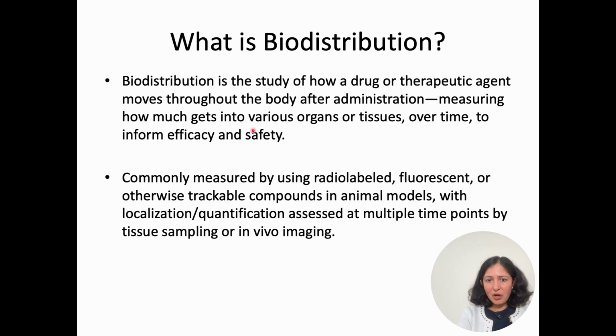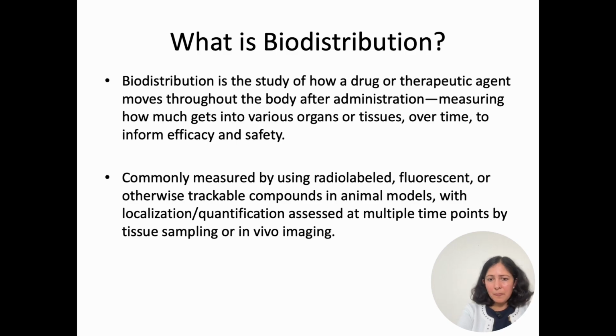Biodistribution is an important concept, and it comes especially when we are in the drug development phase. We look at the biodistribution of the drug and the molecules. Biodistribution is the study of how a drug or a therapeutic agent moves throughout the body after administration, measuring how much it gets into various organs and tissues over time, and this impacts the efficacy and safety